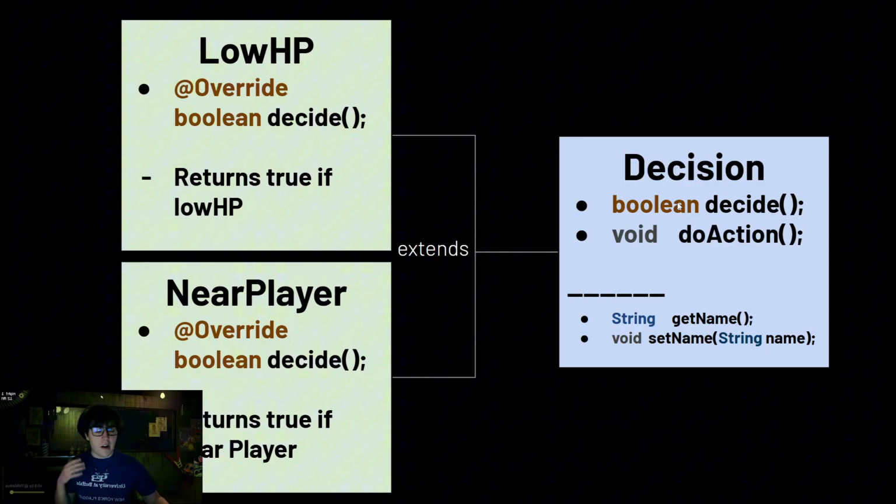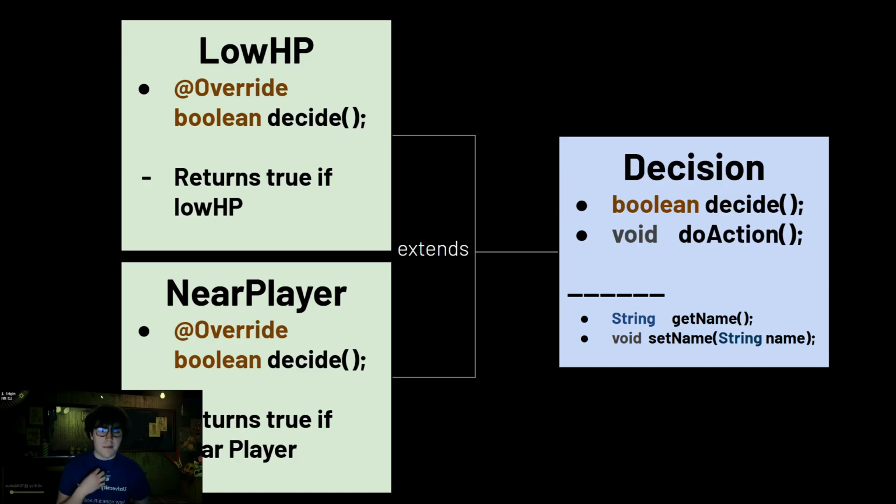Our decision is going to be our upmost parent class, our superclass, and we're going to make a bunch of decisions from that template. And I also have an example near player that is also a decision. It extends decision, and its decide method returns true as long as its dynamic object, whatever it is, is near a player. So with this example, I present to you two different subclasses of decision that have different behaviors for the decide method,